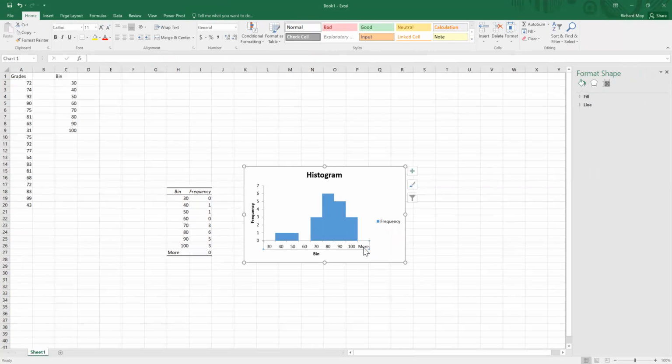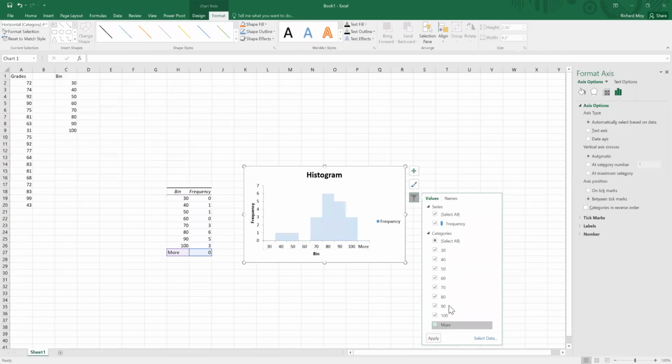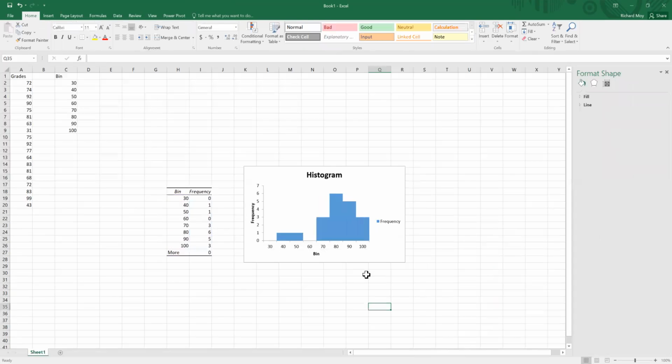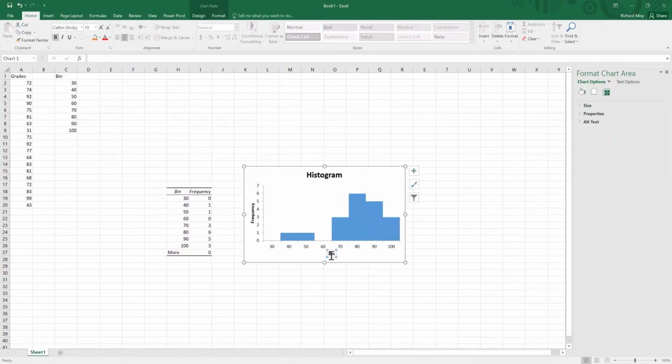There's also this category called More down here. Now this is a feature that may only be available on a PC, but if you click on this button, Chart Filters, we can get rid of that box that says More. We click Apply, and now our histogram looks a lot like the histograms that we've constructed before. If you don't like this little piece right here, you can just click on it and delete it. And we can label our axes. So for example, you often label the bottom, grades, and you can label the top,